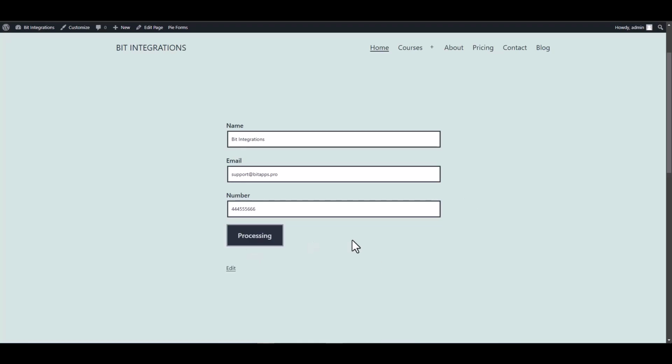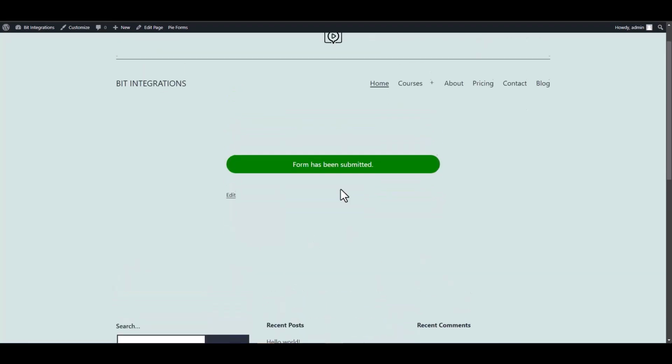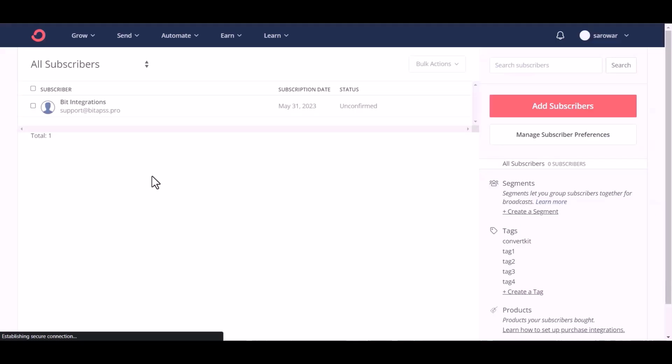Submit the form. Now go to ConvertKit site, and you can see the data came successfully in the